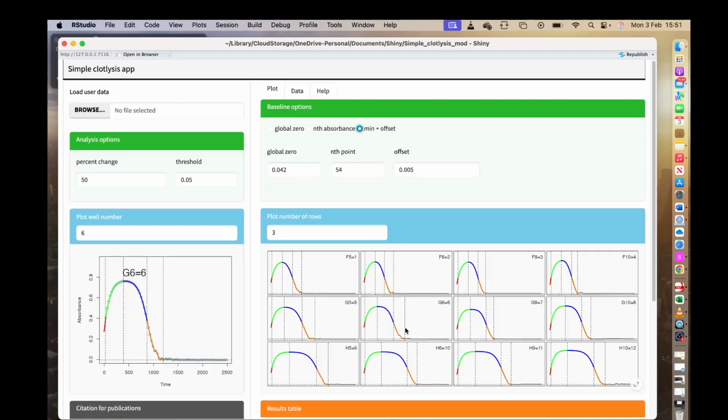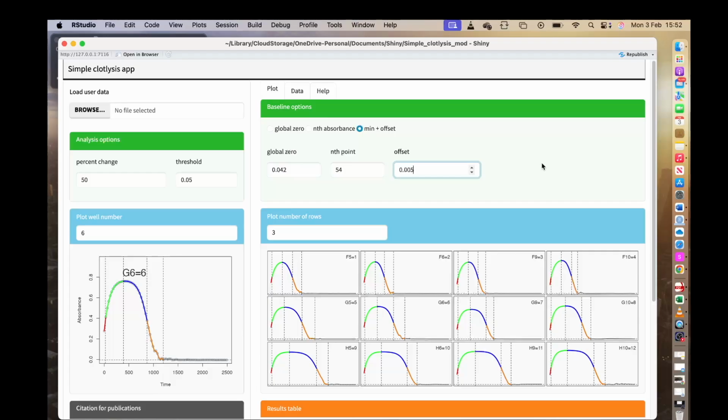The minimum absorbance alone may give a complete lysis time long after it has actually occurred due to noise in the final stages of lysis. This is why 50% clot lysis rather than 100% clot lysis is used as a result. It is worth spending some time trying these settings to understand how they work and what effect they have on the final results. You should select what works best for your data, but do note all the settings you use